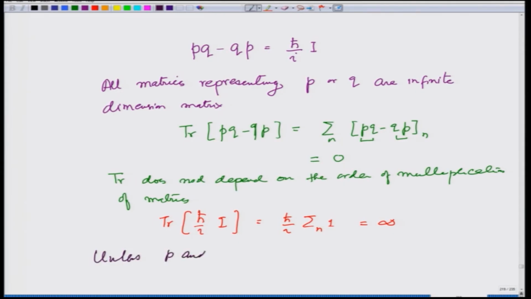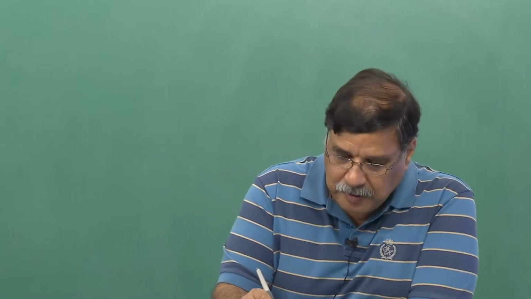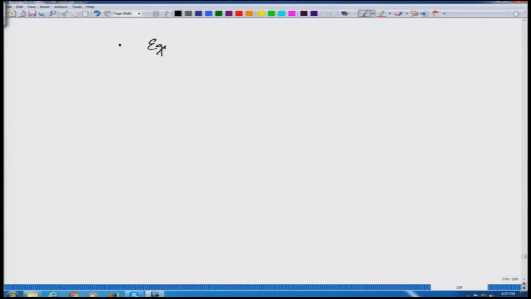p and q are infinite dimensional, because the result that the trace does not depend on the order is true for finite matrices and not for infinite matrices. So necessarily all the quantities that are represented by matrix in quantum mechanics, the representation is an infinite dimensional matrix. Number 2, equation